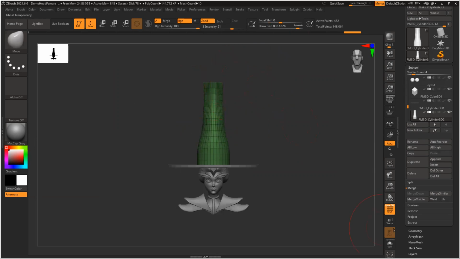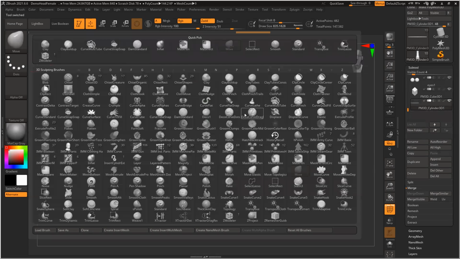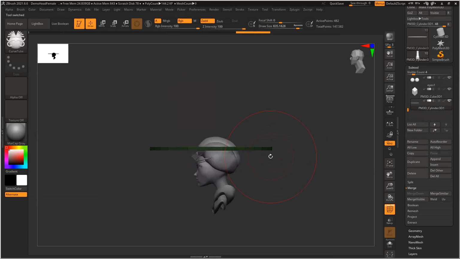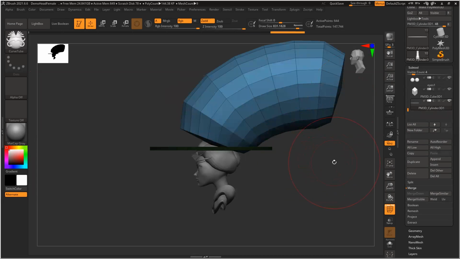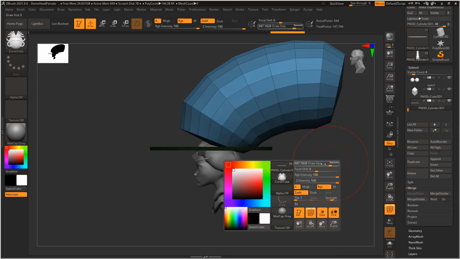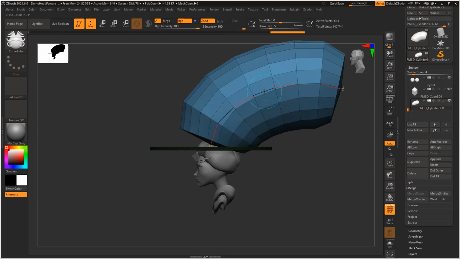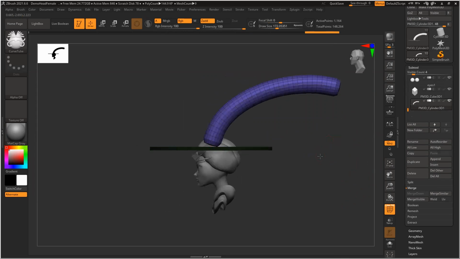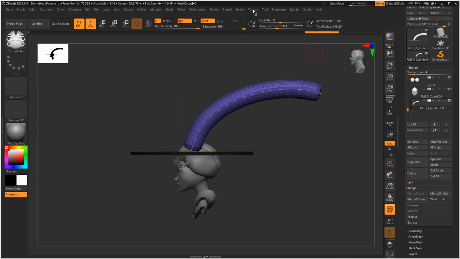Okay, I can do this or delete this one. I can use curve tube, side view, and click here. Create the shape, and this thing should be thick and thin.